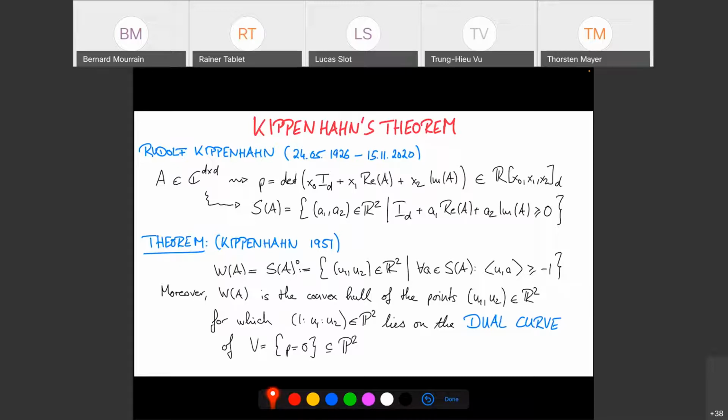So what does that mean? So this is just the definition of taking the polar. It's a bidual operation. So if you take the polar twice, you get the set itself anyway. So the polar is by definition